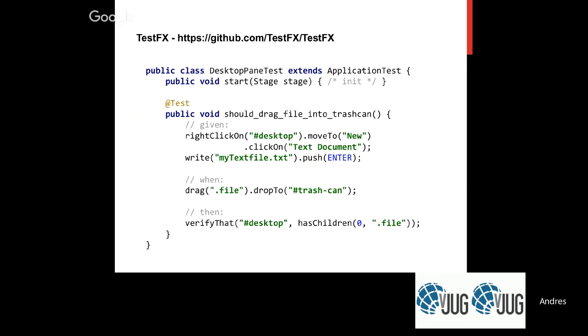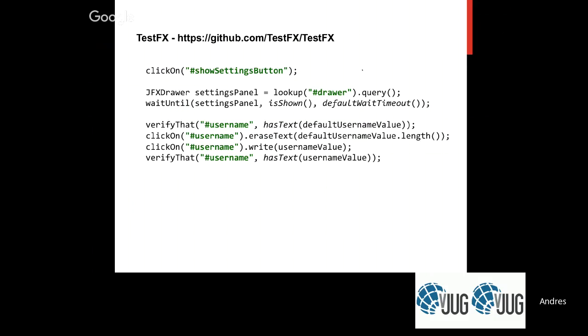Now this is fine, but there are a little bit of problems. For example, we are using the desktop selector more than once. In some other cases, depending on how your UI looks, you might repeat a CSS selector many, many times. So let's have an example of this one. So we're going to click on some component, show settings button. The next thing is going to figure out if the drawer, this is from JFoenix components, the JFXDrawer, we're going to figure out this particular component is visible. And then notice that we make use 4 times of the same selector in order to verify that it has some text,